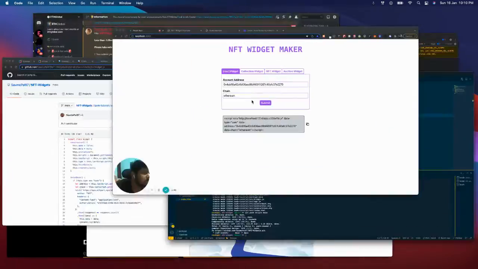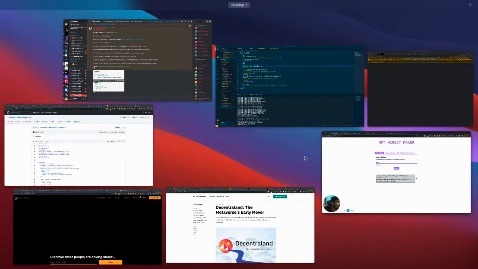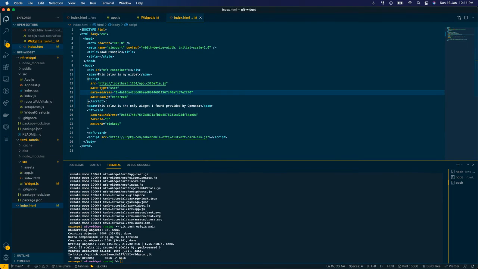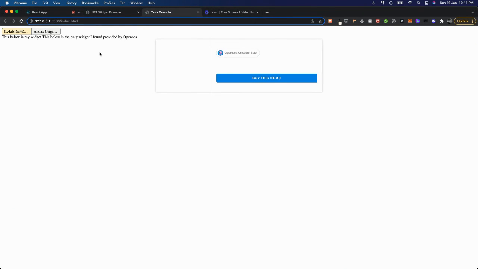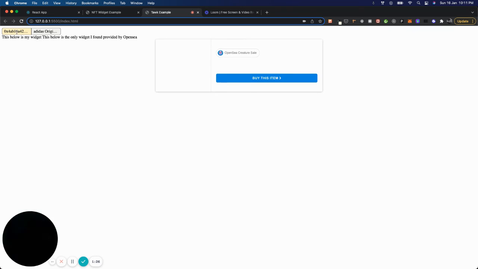So what I can do is take this specific code, go to this place, and paste this script here, and I can show how it looks when you actually do. So for example, this is the page, this is the 5050 port. This above is my widget. This fetches my information regarding which NFT I own. This can contain any sort of information. Right now it's a very basic one. It provides the names of the widgets, and later we can have pictures and stuff.